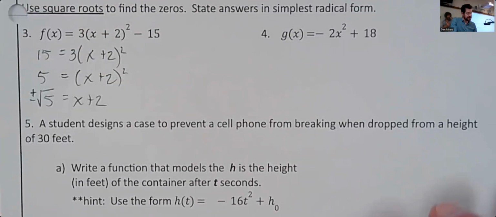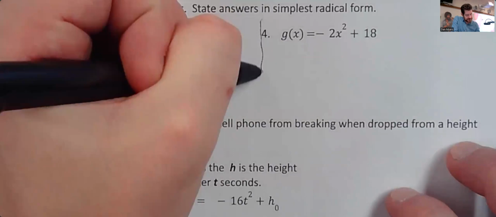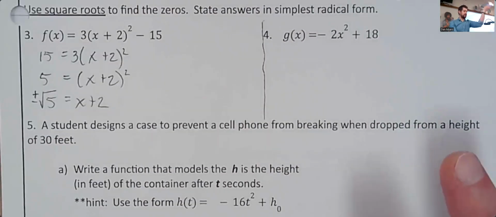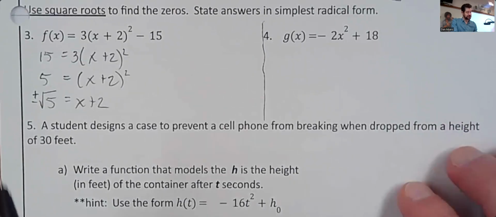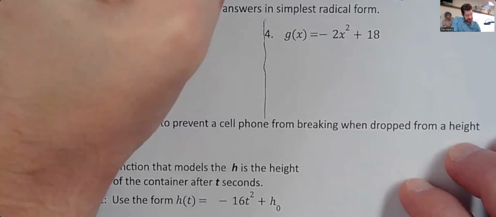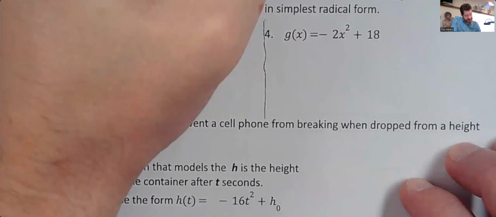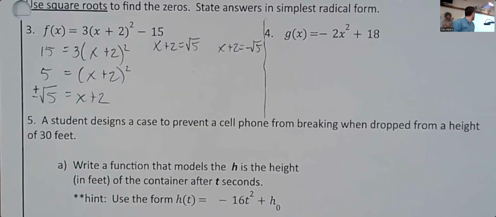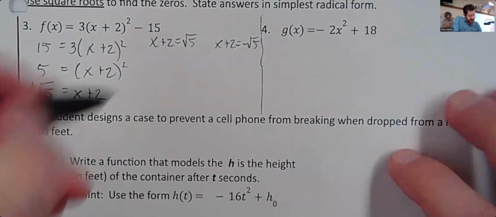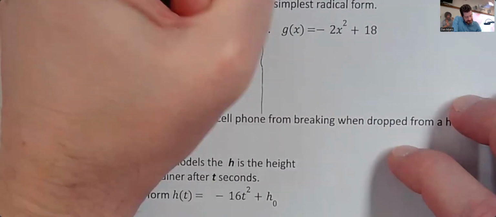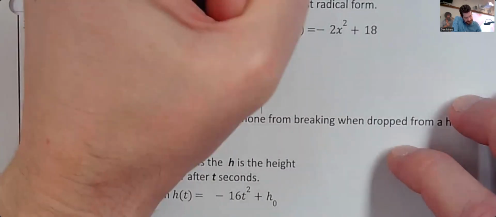Kind of out of room here, so let's see. Use some room over this way. I'm going to flip the whole thing around now. I'm going to put the x plus 2 over on the left, and the positive and negative square root of 5 on the right. So this will be x plus 2 equals the square root of 5, and x plus 2 equals the negative square root of 5. And we'll go ahead and subtract 2 from both sides. So that'll be x equals negative 2 plus the square root of 5, and x equals negative 2 minus the